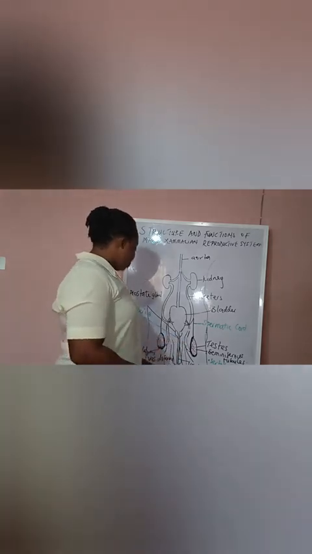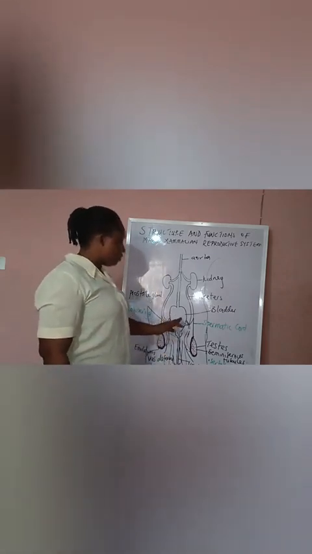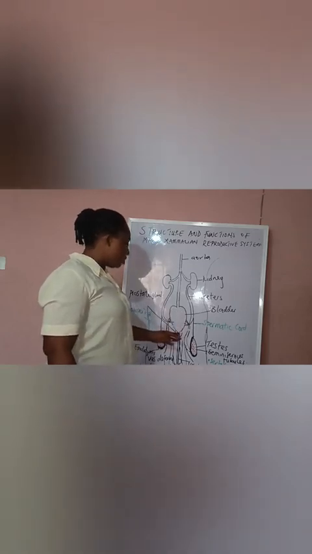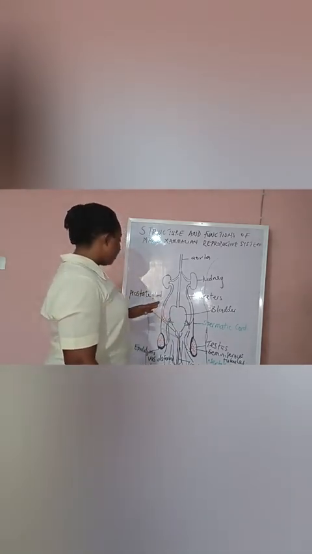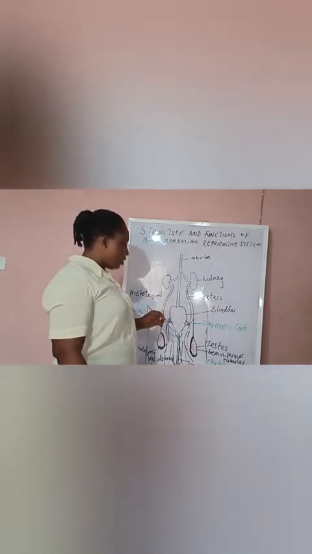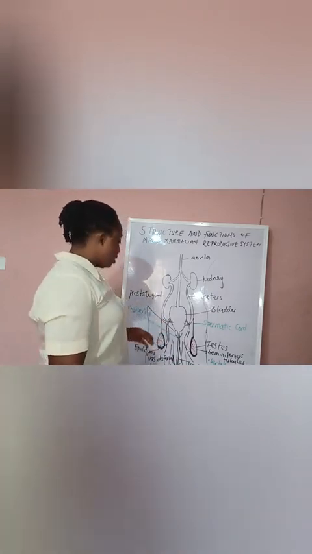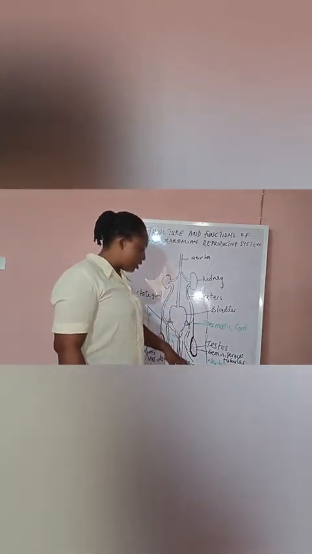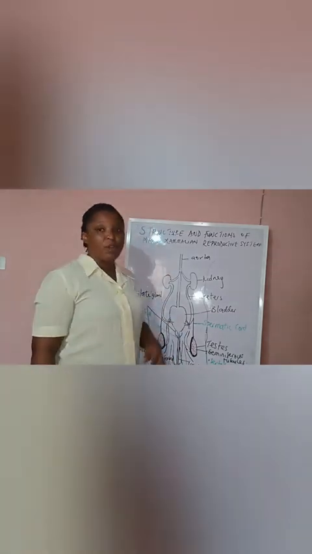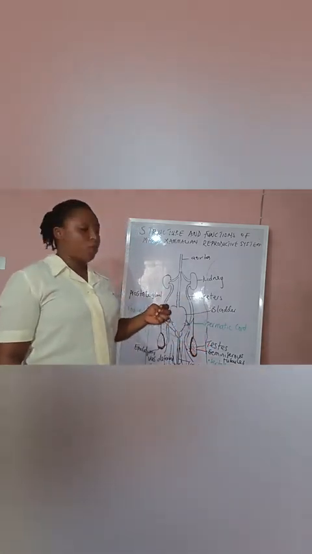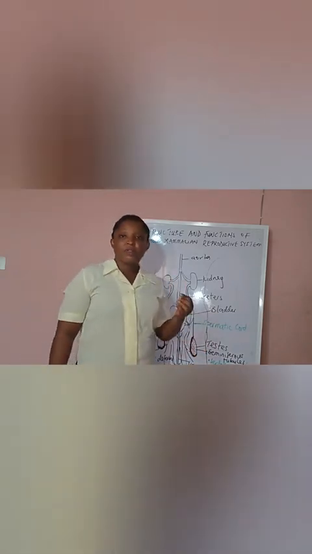From there the sperm will move through the sperm duct, also known as the vas deferens, into the seminal vesicle, then to the prostate gland and the Cowper's gland. These glands secrete the seminal fluid, which helps the sperm perform a lot of functions. The sperm will then be discharged through the urethra and introduced by the penis into the female reproductive body.